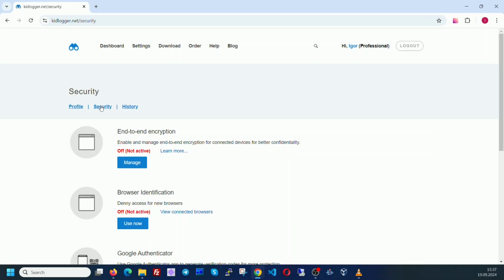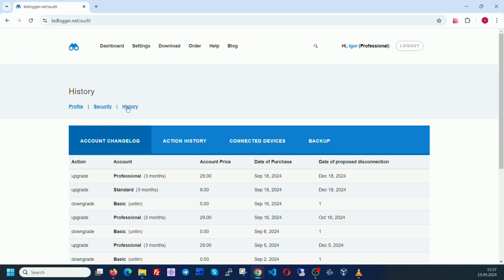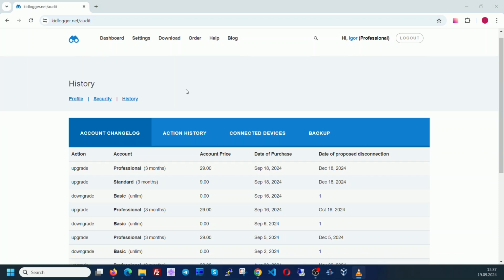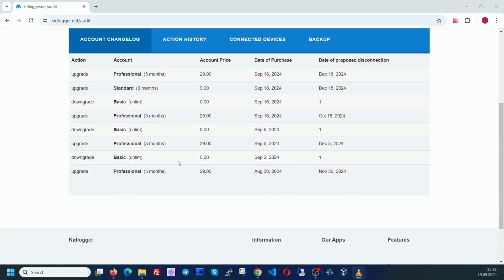In the History section, you can view the history of changes to the account and activities on it. In the Account Change log, we can see how our account was changed over time, when it was at the professional level and when it was at the basic level.